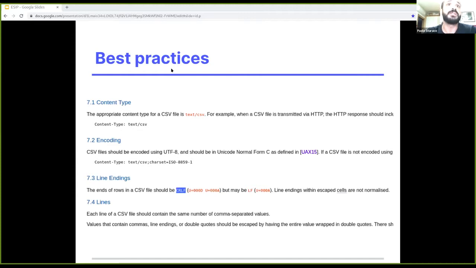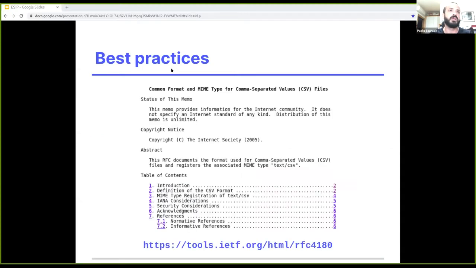So the CSVW proposal tried to address the problem, advising among all the rules, but they are the first to say that this is just guidance. And this is a short extract from RFC number 4180, which is the single document we have about structuring CSV.